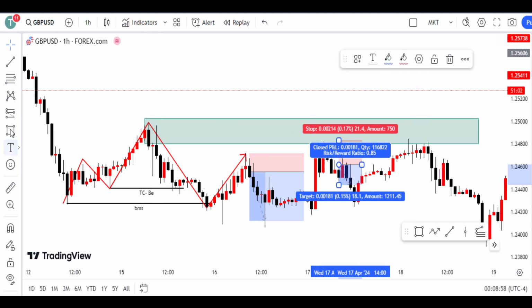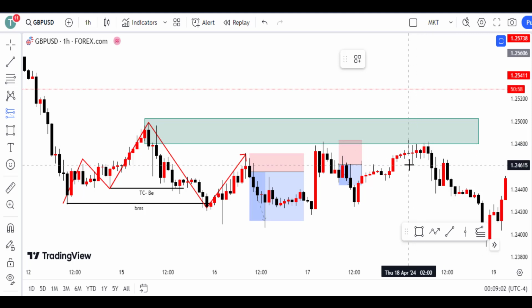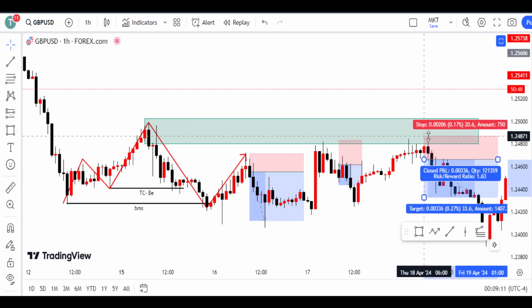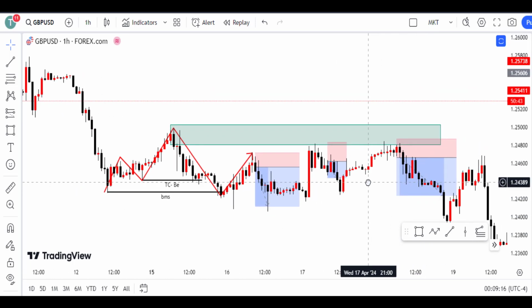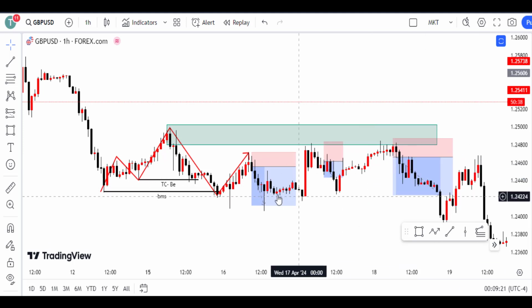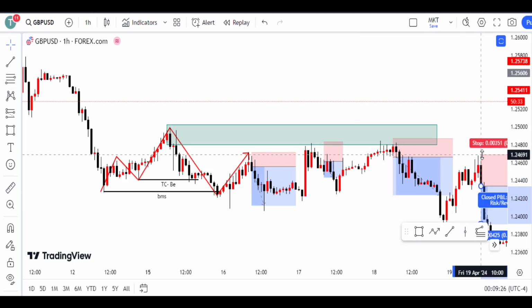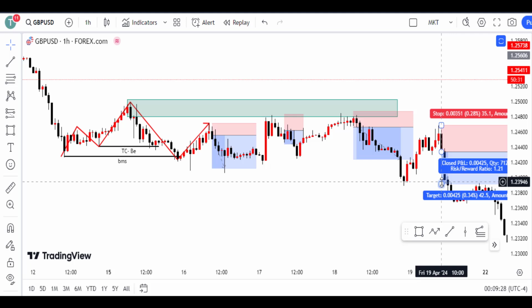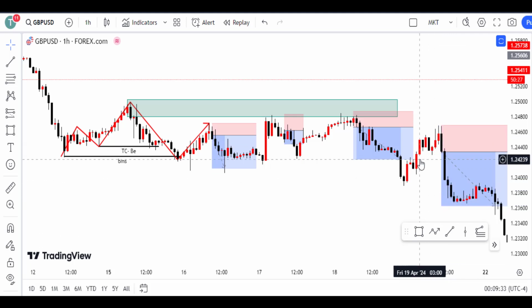What happened again? And you look for your entry model. Price takes out this bullish candlestick to the downside, and you enter, targeting at least 2 to 1 risk-reward. You see how profitable this trading strategy is. Look at what happened. Price retracing into the intermediate term highs again, and what happened? You look for an engulfing candlestick on the 1 hour, and you target at least 2 to 1 risk-reward. Are you seeing how powerful this